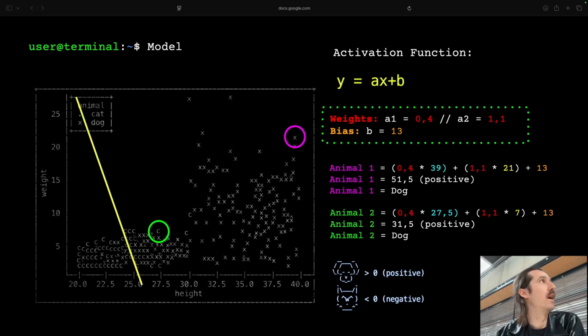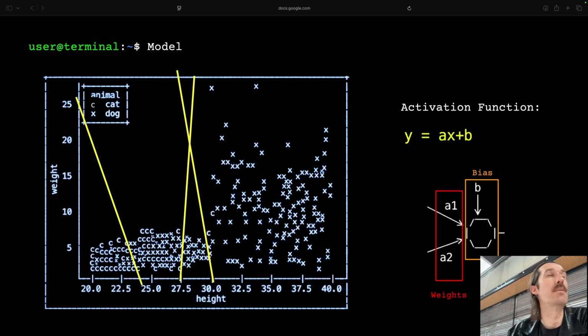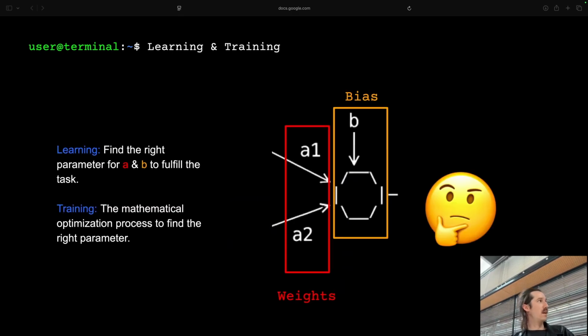So I would say right now with these parameters, we probably define a line that looks like this, and we could not really split the two categories 100%. And that's the part where we start training, this is what we call training. So we have to figure out where these lines go through by changing the parameters, the weights and the biases.